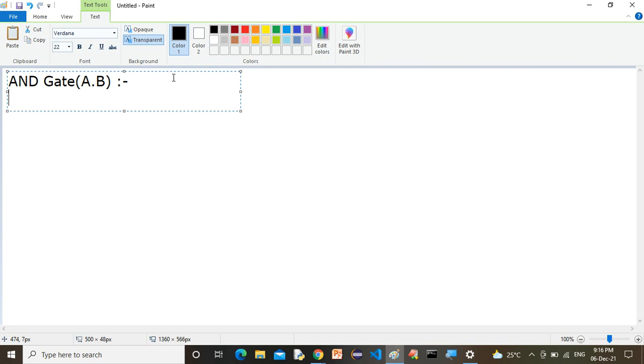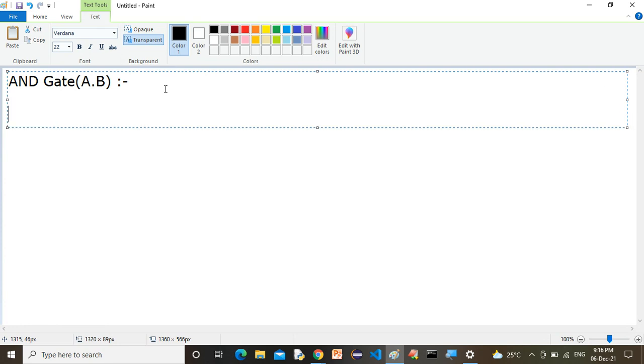So what is the definition of an AND gate? Better to continue with me. So what is the definition? Let's change the color. Better to continue with me. So